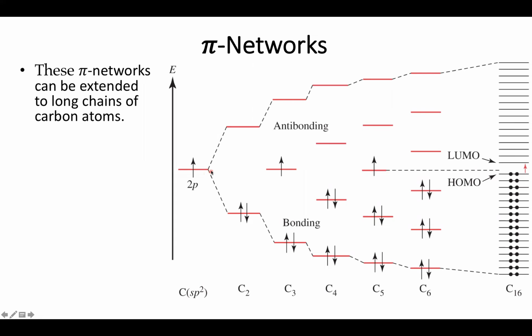If I have two carbon atoms, then I get something like ethene, and I have a bonding orbital and an anti-bonding orbital, with the two electrons wanting to occupy the bonding orbital. However, as I add in more and more orbitals, I keep adding more bonding orbitals. However, kind of as we saw with ozone, if I have an odd number, I have